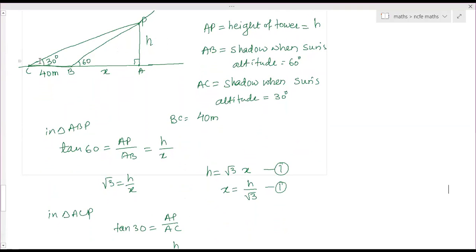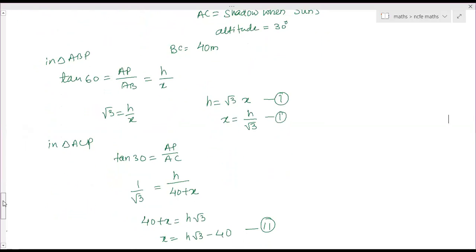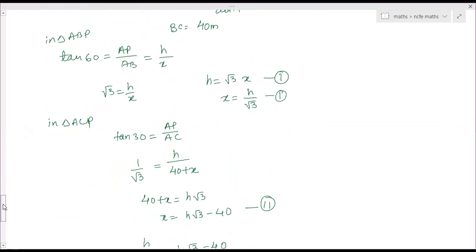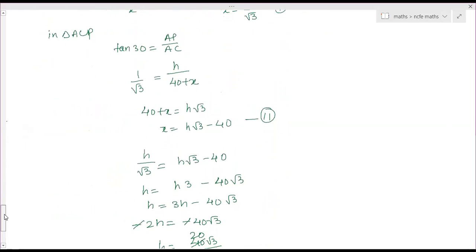The sine, cos, cosec and sec include the hypotenuse. We don't have any value of hypotenuse, so we don't use those. That leaves tan and cot. Using tan is always better, because tan will give you the relation between the height and the base x. Therefore we are using the tan value. Cot also can be used, but it is easier to remember the tan values. So you can use the tan ratios there.